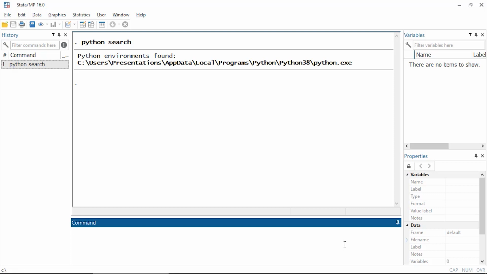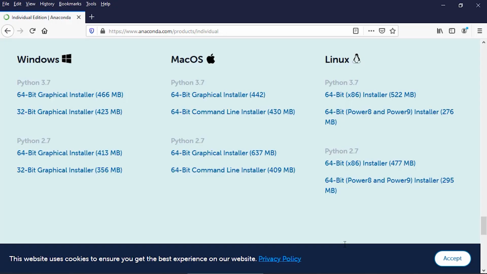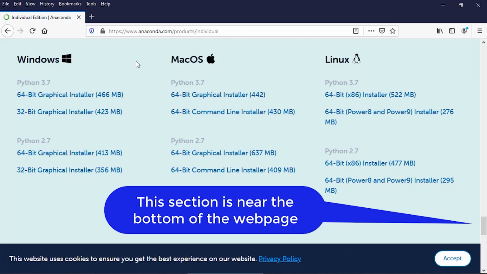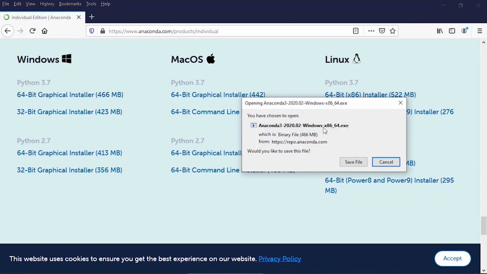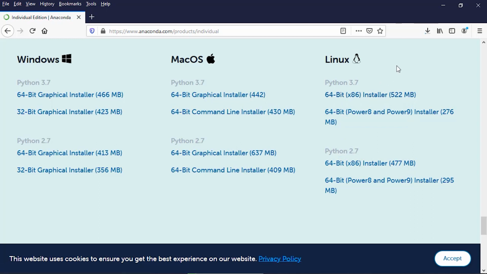So I'm going to install this by going to the website, and you can download Anaconda for Windows, Mac, or Linux, and then you can pick out which flavor you want. I want to download the version that includes Python 3.7. Many people still use Python 2.7 for a variety of reasons, so if you want that version, you can download it below. I'm using a 64-bit Windows system, so I'm going to click this link right here, and this will prompt me to download the installation executable to my machine here locally.